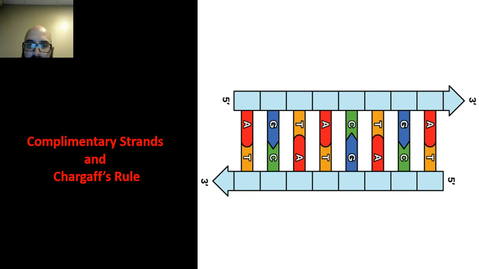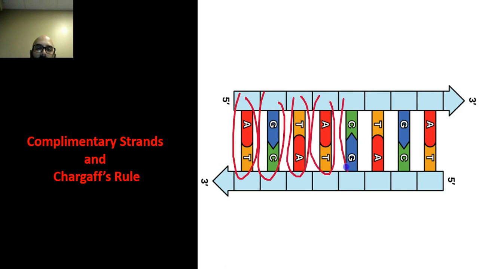What does complementary base pairing lead us to? Well, it leads us to complementary strands. Keep in mind again, we're going back to the same topic. DNA is a double polymer basically. It is comprised of two polymer strands that are bonded together in the middle. If you know one strand, you can know the other based on complementary base pairing. A always bonds with T, C always bonds with G. AT, CG, TA, AT, CG. So if I only gave you half of the strand, you should be able to give me the other half